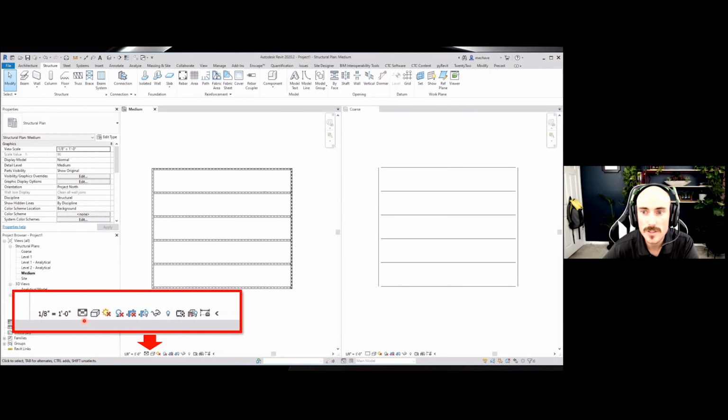This is our coarse level. So we can quickly change the view to represent these elements the way we want them to be shown, specific to the view, which is great. There's also some additional settings that you have the ability to select from in your view control bar as well. But just remember, if you're looking up, trying to investigate, this is called your view control bar.